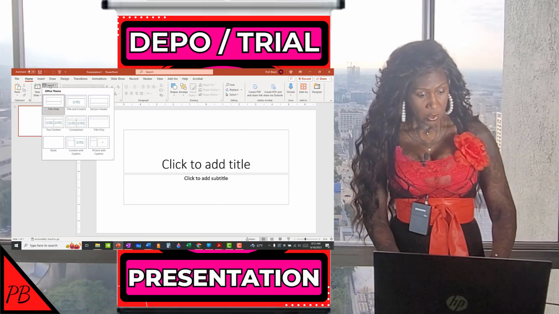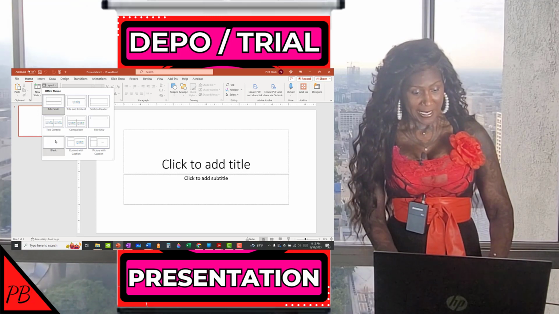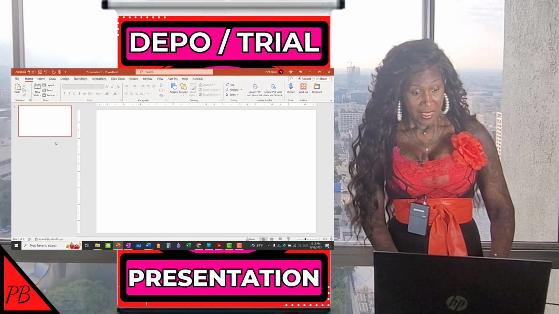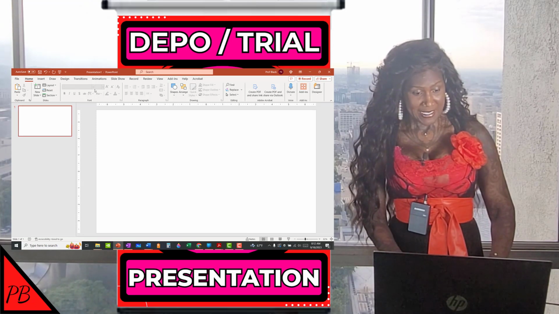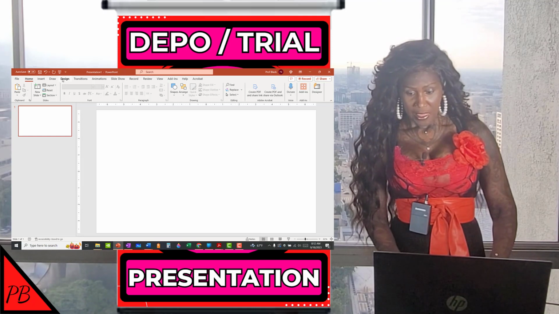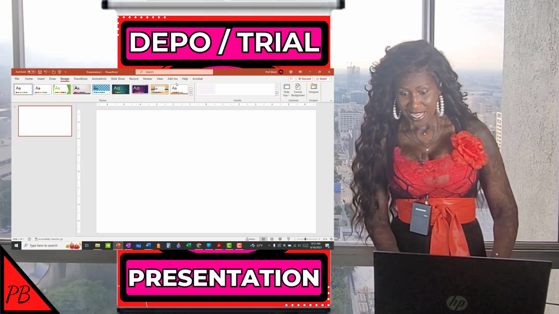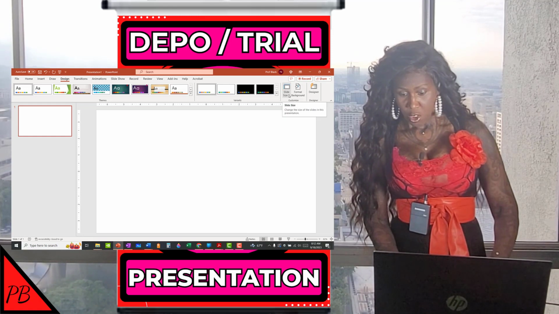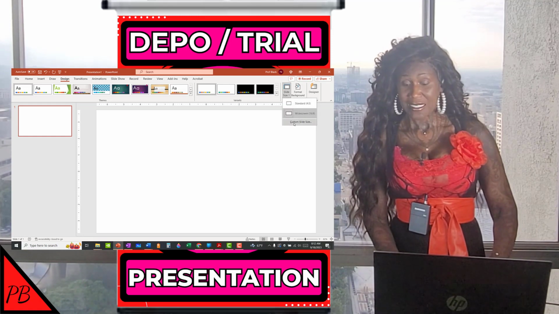Then I want to go down and click Blank because I want a blank presentation. Then I want to go over to the Design tab here. Then I want to go to the Slide Size drop down here and I want to click Custom